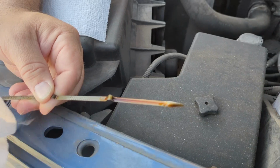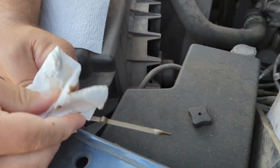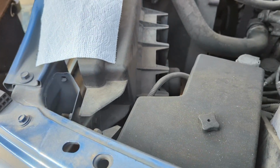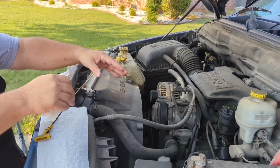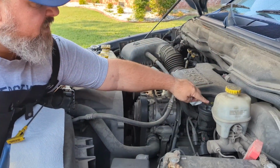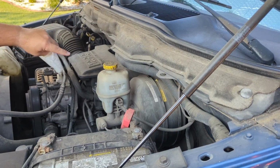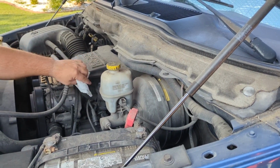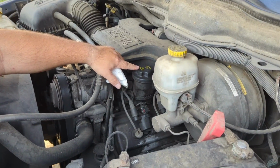So what I would do next if I were going to put oil in is I'd wipe this off with a napkin. And then I would set it to the side and I'll add my oil. To do that, I'm going to open up the engine oil cap. Now, different vehicles will have that cap in different places, but generally, again, it will say engine oil. And if it's a newer vehicle,